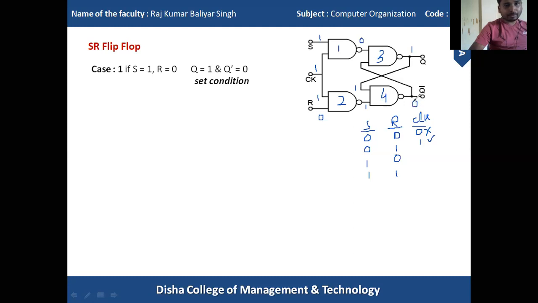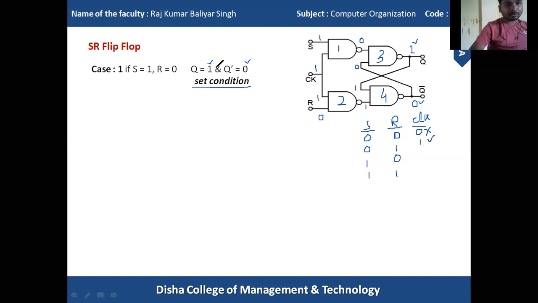Okay. When we supply 0 to the feedback connection of the third NAND gate, that means 0 0 to this NAND gate, it will produce 1. Okay. So at the Q terminal we'll get 1, and at the Q naught terminal we are getting 0. So this is 0. Clear? So this type of output is called set condition. When Q equals 1 and Q naught equals 0, that condition will be called a set condition. Okay.